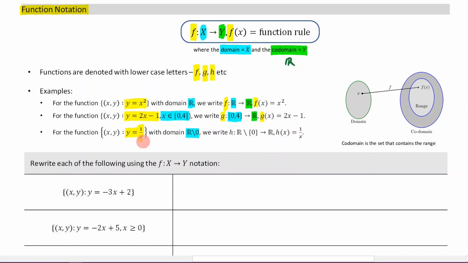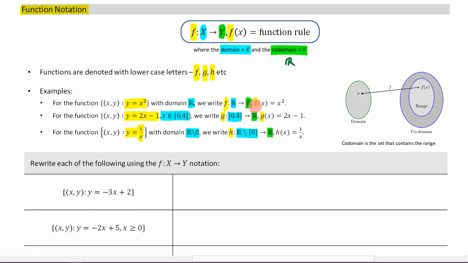We can't have 0 here, otherwise it would be undefined. And you can see what we've got here. So this time we're using the letter H, which is fine. We could use any letter that we like. And then we have a colon, then we have our domain, then we have an arrow, then we have our